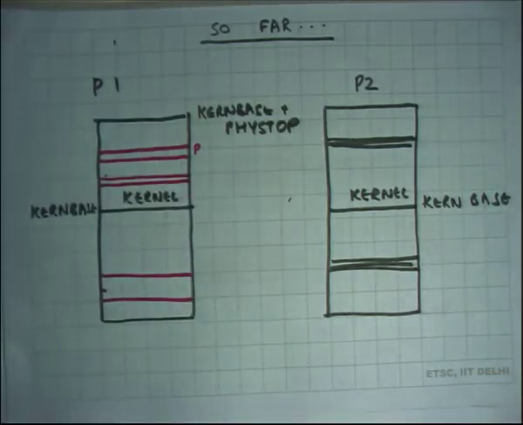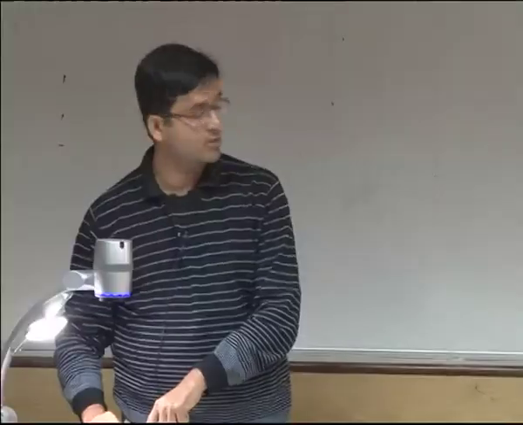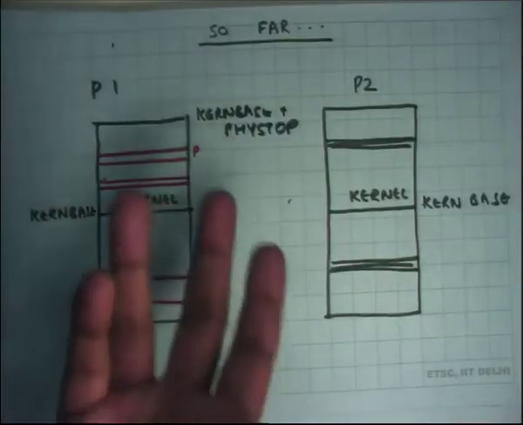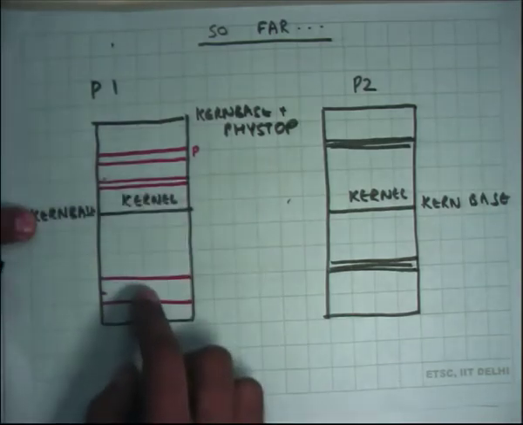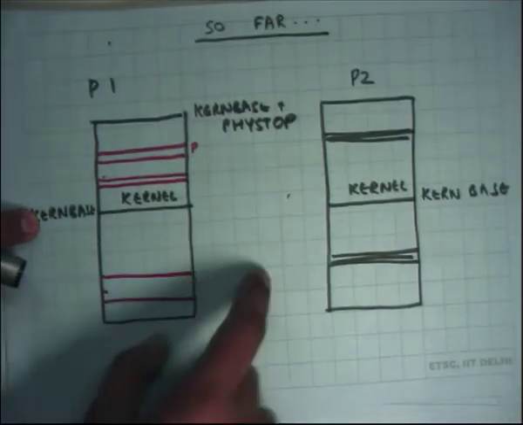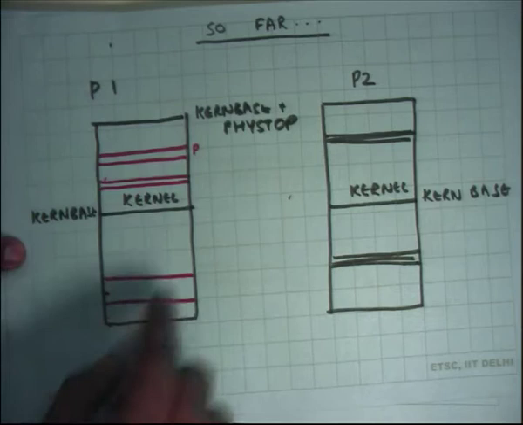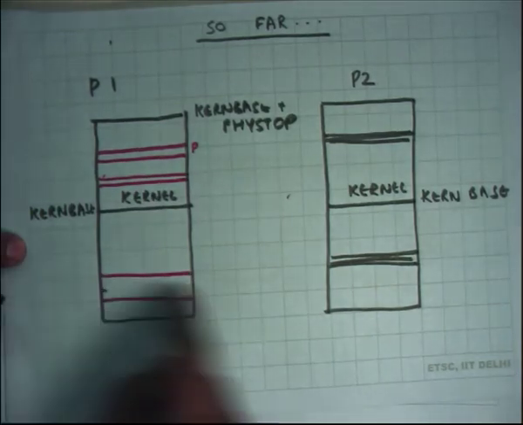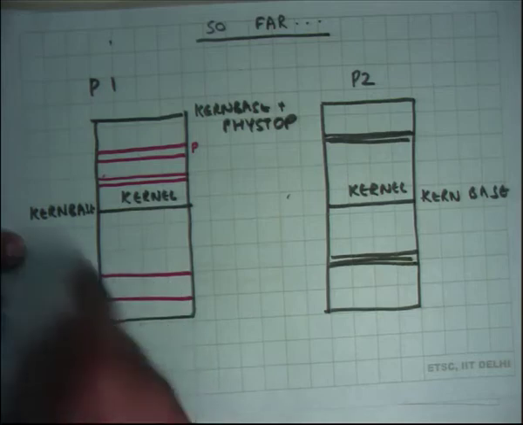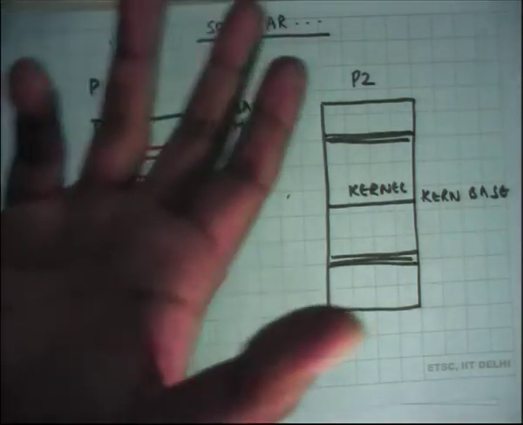Also, where will these pages be allocated from? From the kernel's heap, right. In the kernel space there is some space that is static, for the kernel's code and data, and above that all the other area is where I am going to allocate a page and create this mapping for the user process, so that the user process can implement its own address space, right. All the user pages will have two mappings, one which is the user's mapping so the user can access it, and one which is the kernel's mapping for the kernel to do its own bookkeeping. Of course the user can only access this page through its user address. The user will not be able to access the page through the kernel address because the kernel address is protected, it's privileged, right.